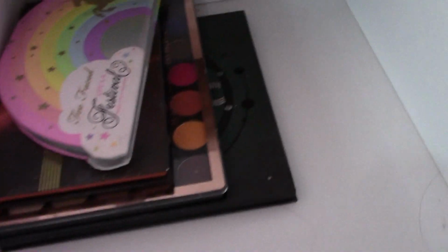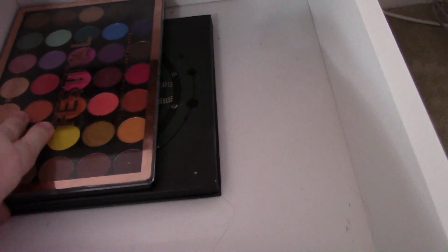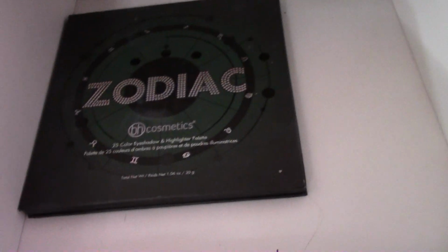And then in here I just have random palettes. Too Faced, Lifestay Festival. Then I have some BH Cosmetics. What is this one? This is Profusion Festival palette. Another